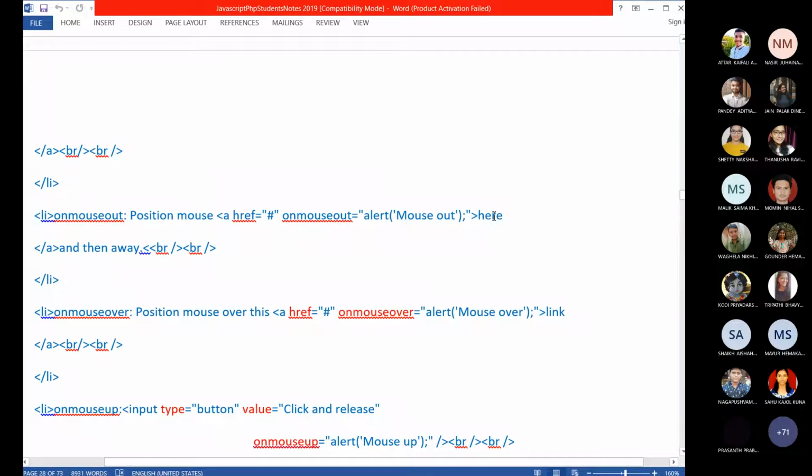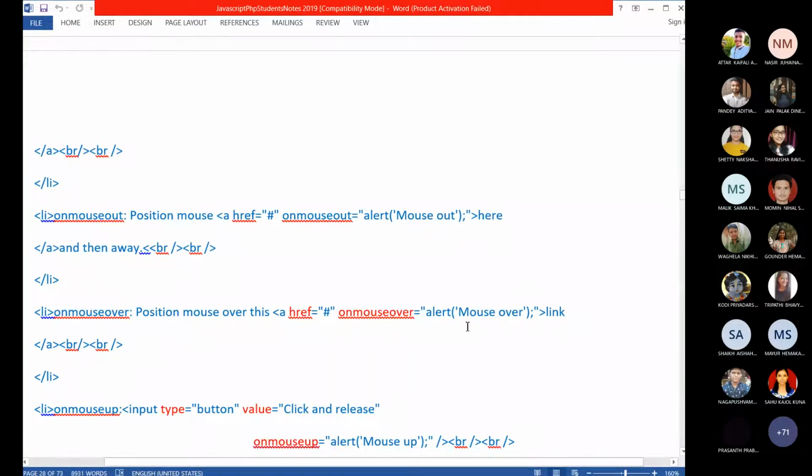So that is the hyperlink text here. You will keep the mouse pointer here and then intentionally move the mouse pointer away from this hyperlink. That time the mouse out message will be displayed.